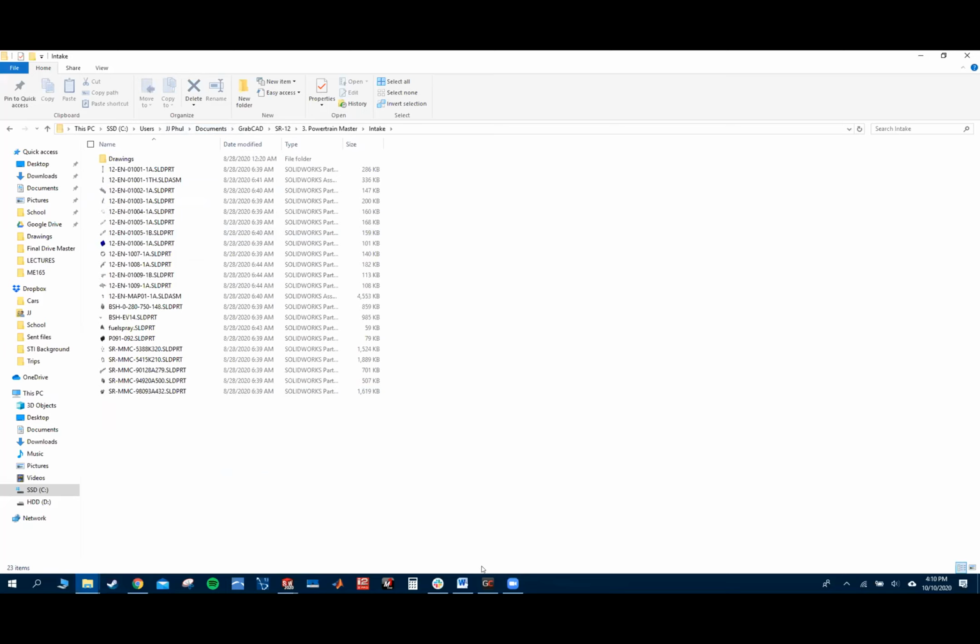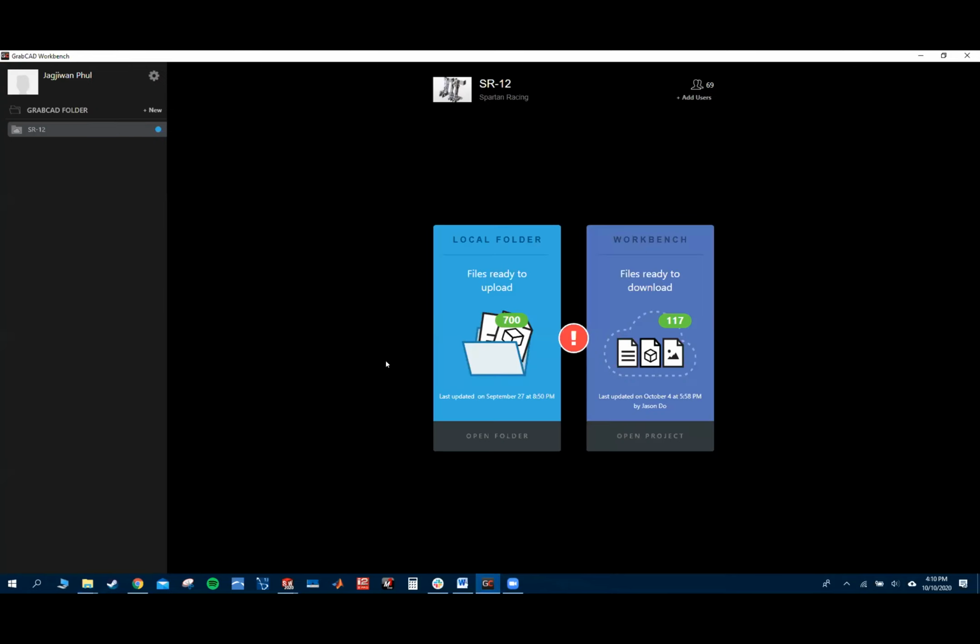And then GrabCAD will recognize that a new part has been added, and you'll just go back to GrabCAD. Let's say this was all concurrent, it would just say +1. And then you can add that part into the online total project, not just your local project. And so everyone will have access to it. Also, when you do that,